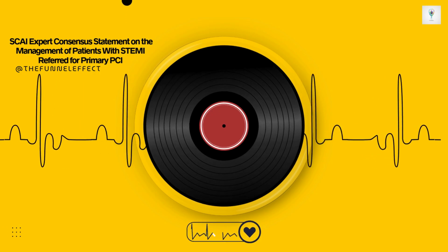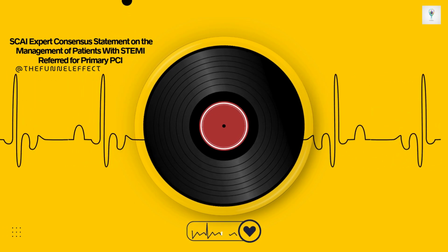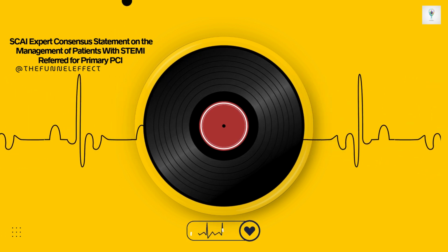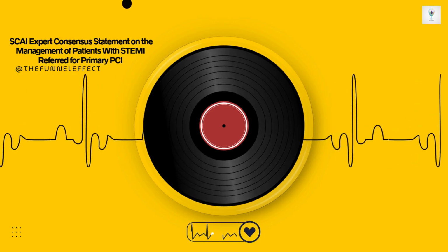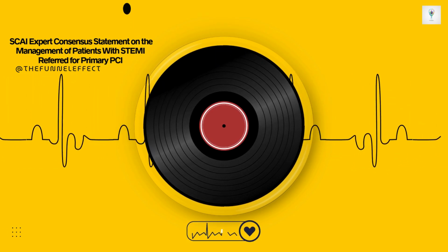Got it. Okay, let's move into the thick of the intervention itself. Diagnostics done, wire is across the blockage. Now you have to deal with the clot, the thrombus, and the risk of poor perfusion. What's the consensus on the very first step to try and establish some flow? Right, so the wire is across. If the vessel's still totally blocked, TIMI zero flow,